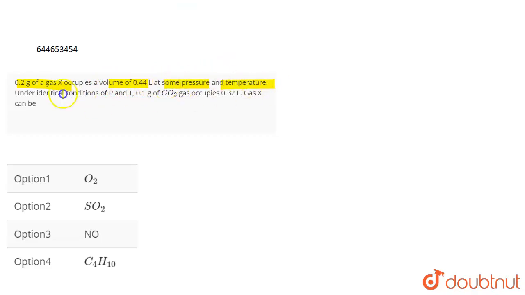The question is: 0.2 grams of X occupies a volume of 0.44 liters at some pressure and temperature. Under the identical conditions of pressure and temperature, 0.1 gram of CO2 gas occupies 0.32 liters. The gas X can be